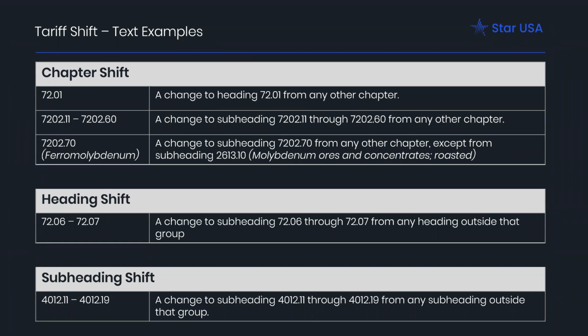Another example of chapter shift is a change to subheading 720211 through 720260 from any other chapter. You'll notice we're focusing on the "from any other chapter" portion of the sentence. That's where we identify what type of shift we're talking about, whether it's a chapter shift, a heading shift, or a subheading shift. It's based on where it's coming from. And this is the same principle. If you're going to be ending up with a finished good in the range from 720211 to 720260, then your components must come from outside of chapter